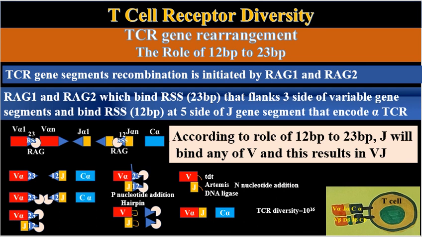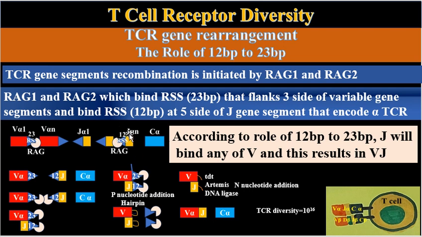So now I am going to talk about how TCR gene rearrangement is initiated. Actually, TCR gene segments recombination or rearrangement is initiated by recombination activating gene 1 and recombination activating gene 2, or RAG1 and RAG2. And as can be seen here, RAG1 and 2 bind